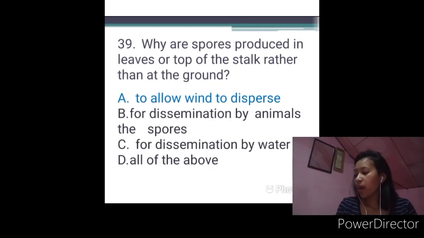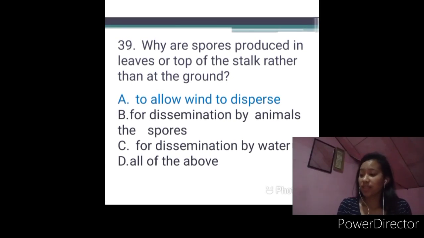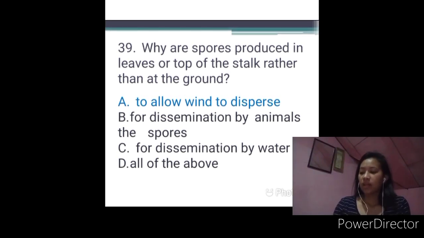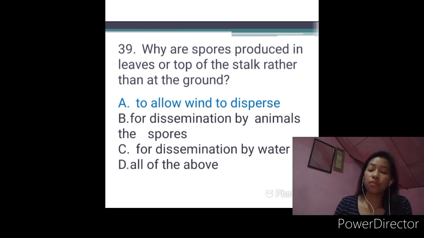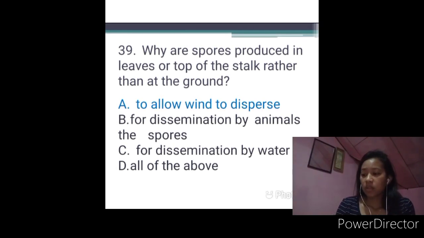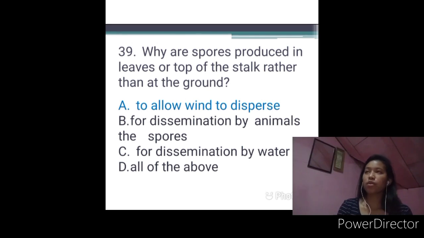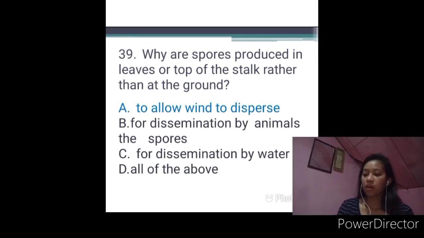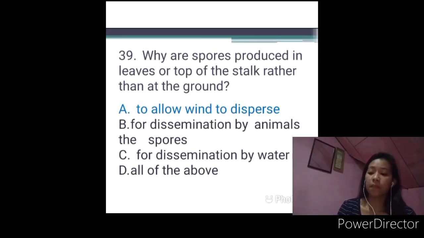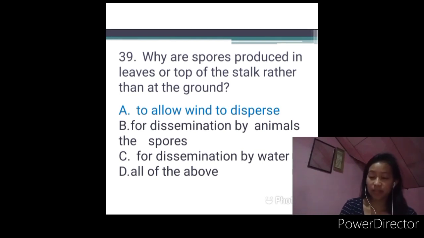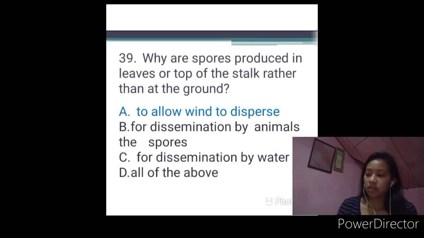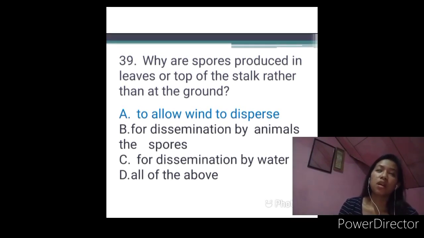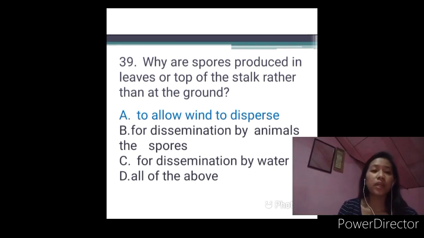Number 39. Why are spores produced in leaves or the top of the stalk rather than at the ground? Unlike other land plants, spores are only produced in leaves because spores are carried away from the sporophyte that produces them. So the right answer here is letter A, to allow wind to disperse, because the wind